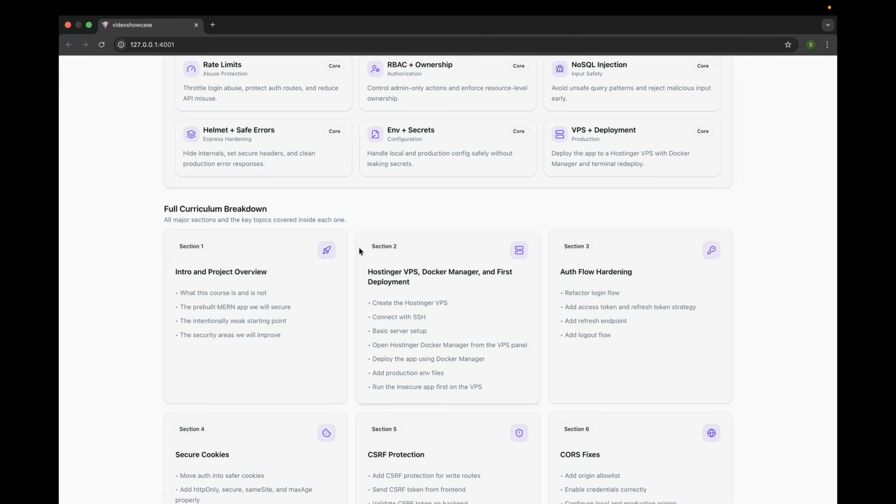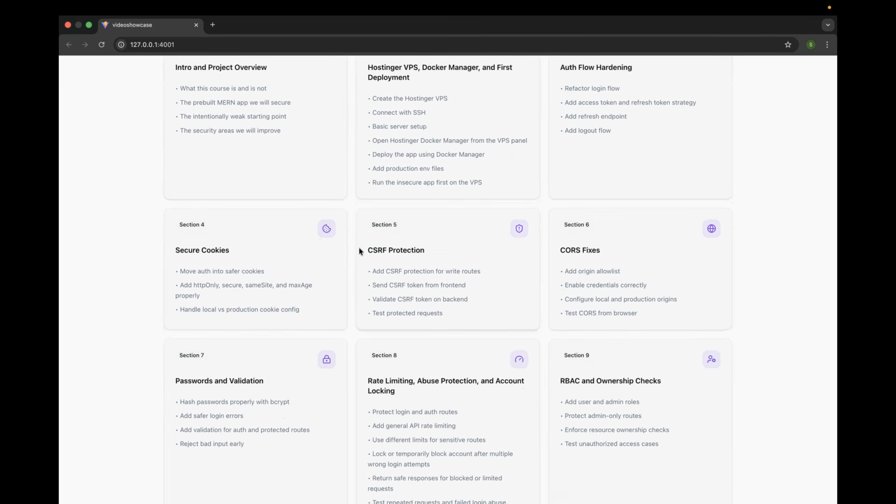Then we'll move to section 3, which is auth flow hardening. So you're going to refactor a login flow. You're going to understand the concept of access token, refresh token strategy, right? And then we'll move to another very important section, which is how you can work with cookies. Then we'll move to section 5, which is CSRF protection. So we are going to add the protection for our write routes. You will understand how you can send CSRF token from frontend and how you can validate the token on